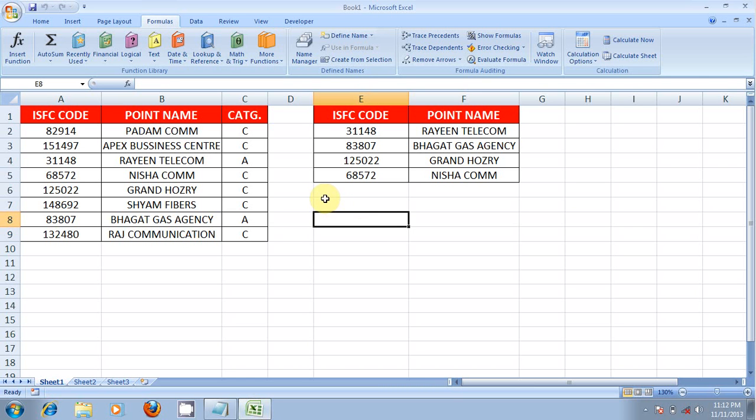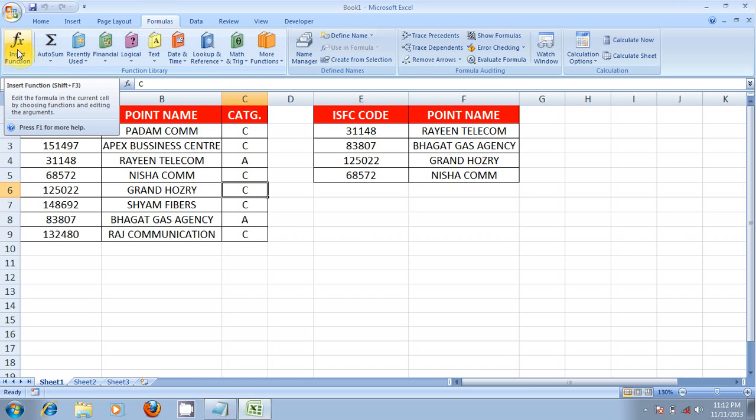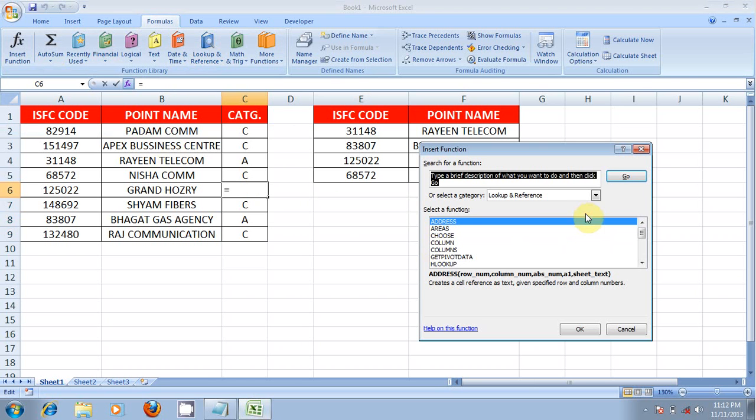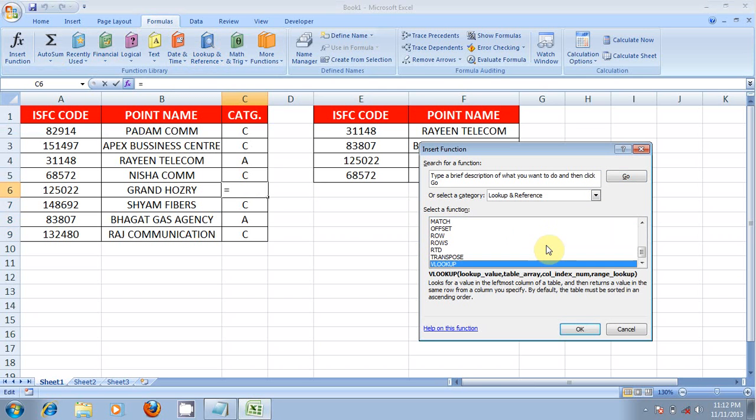In our previous videos we have used the VLOOKUP function by just picking Insert Function from the Formulas tab. You can pick it from the select category, Lookup and Reference, and go to the VLOOKUP function.